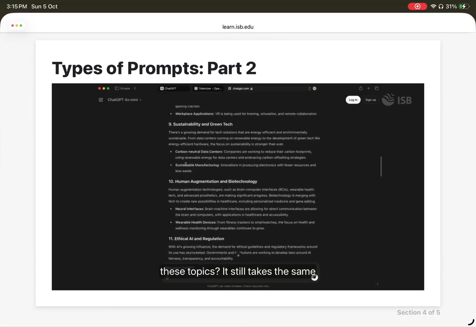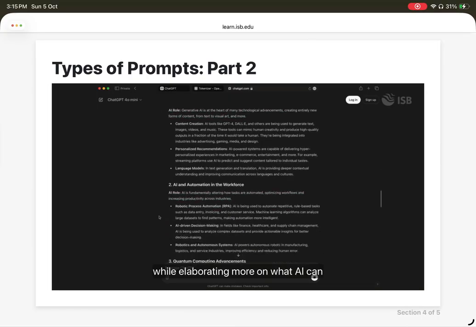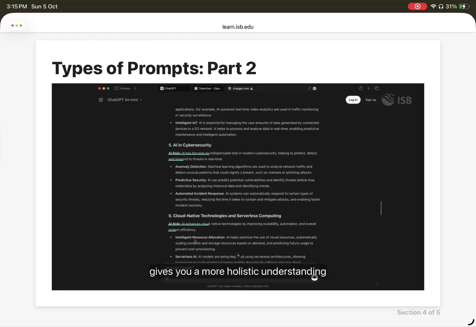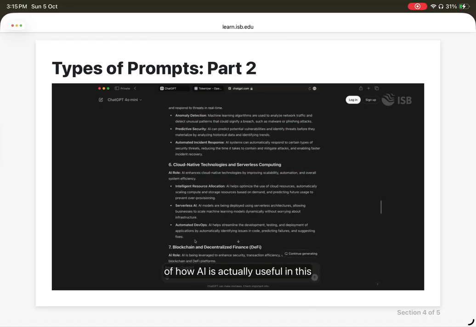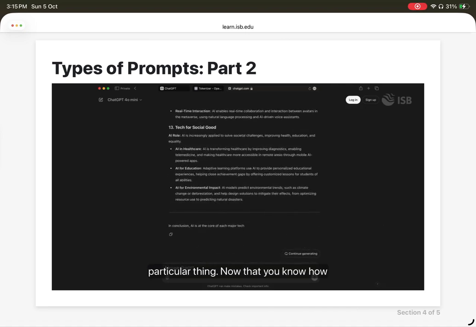It still takes the same response structure that you had before, while elaborating more on what AI can play a role in each of these topics. This gives you a more holistic understanding of how AI is actually useful in this particular thing. Now that you know how AI is actually used across all of these,